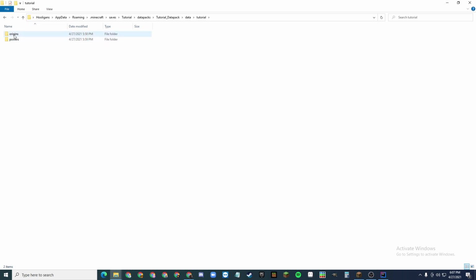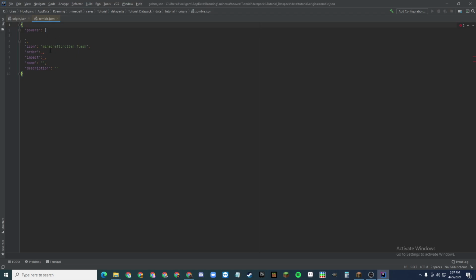Otherwise, it won't work. So in origins, this is where you're going to put the origin JSON files that you want. So I have zombie.json, as you can see. So if we open that up, what's inside here is you have your powers list, and this is an array, which means multiple things go inside it. And this is where you list your powers. So here I'm going to put tutorial heliophobia. And like I said before, if you notice, there's that tutorial, and if you make it something simple and short, kind of like that, but still somehow descriptive for your namespace,